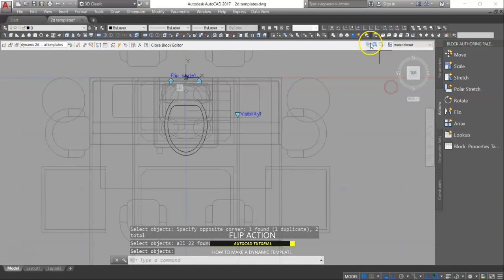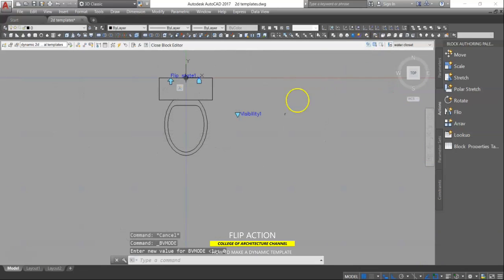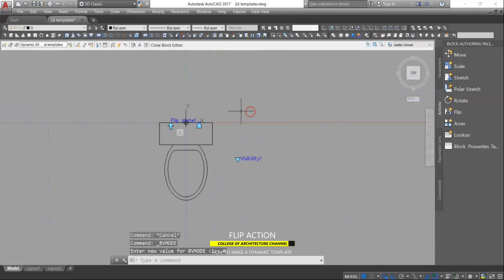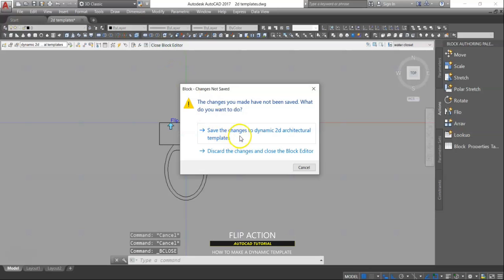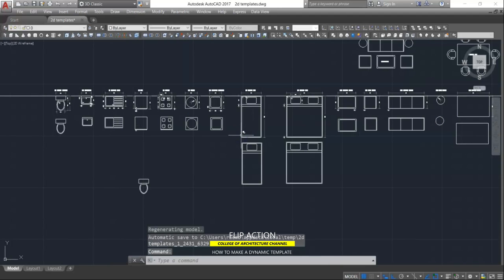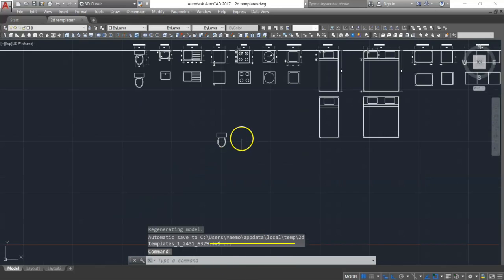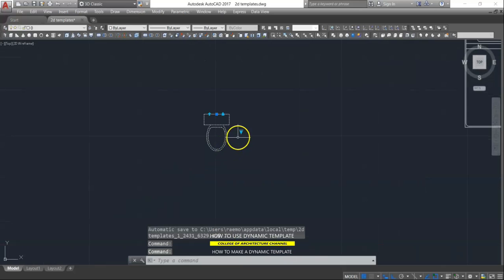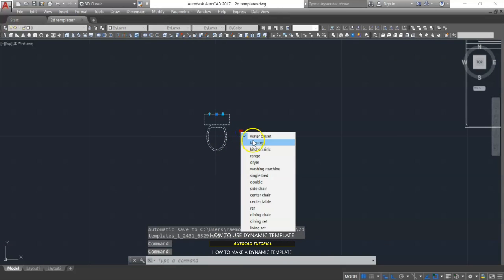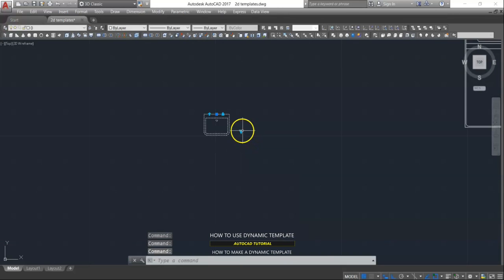Then let's do this. And we can now close the block editor and save the changes to the architectural templates, which is a dynamic one, in which we can now select from water closet to lavatory